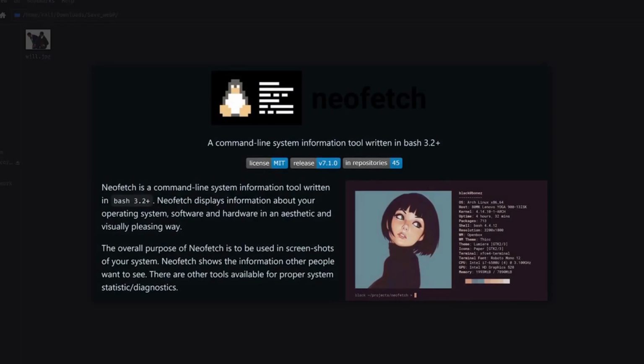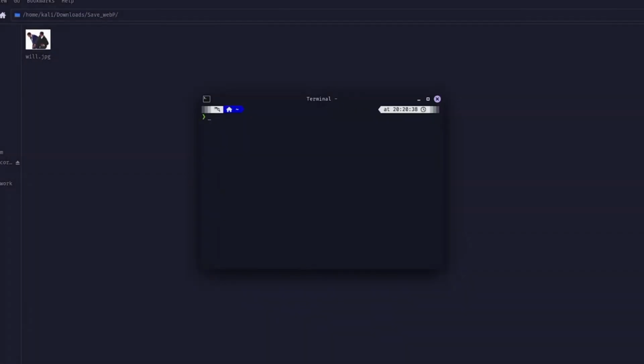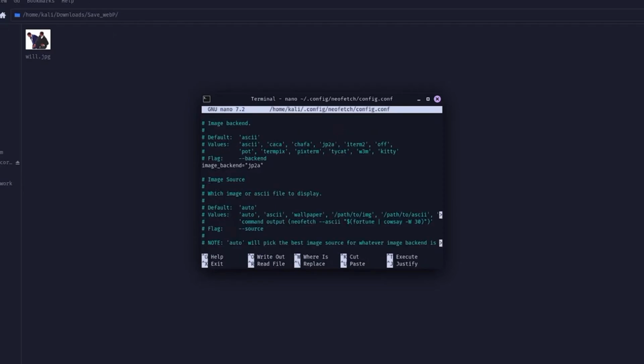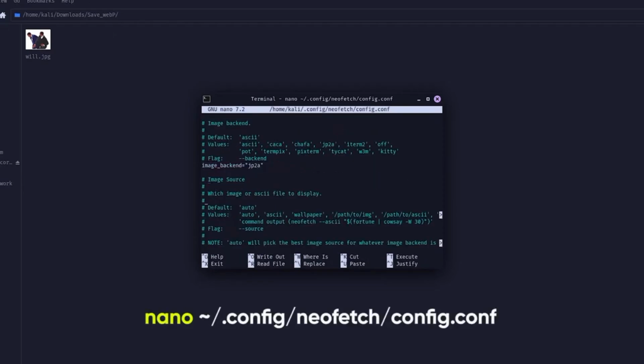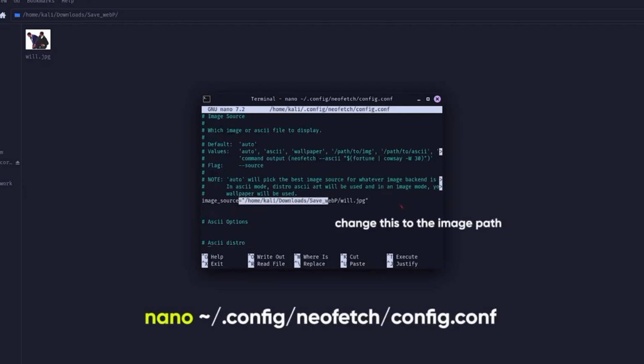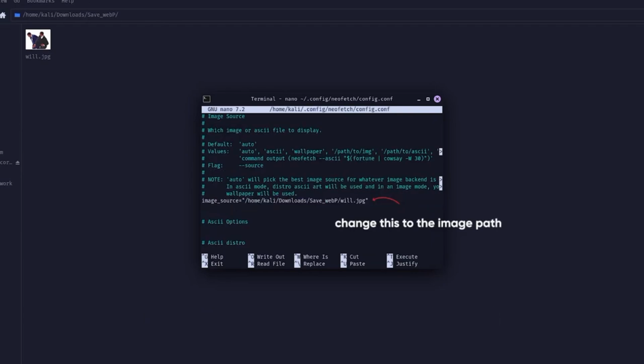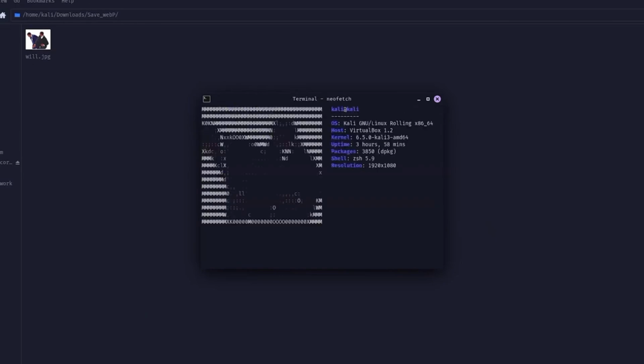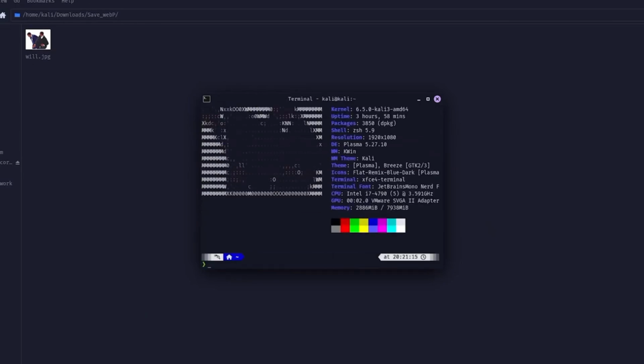in your terminal. It's often used to showcase your system setup or customize your terminal appearance. To add ASCII art of Will Smith slapping Chris Rock to your NeoFetch output, you first need to create or find ASCII art of that scene. Once you have the ASCII art, open the NeoFetch configuration file located at this path in your text editor. Look for the section labeled Image, and instead of setting an image path, replace the existing ASCII art with your custom art. Save the changes, and when you run NeoFetch in your terminal, it will display the ASCII art along